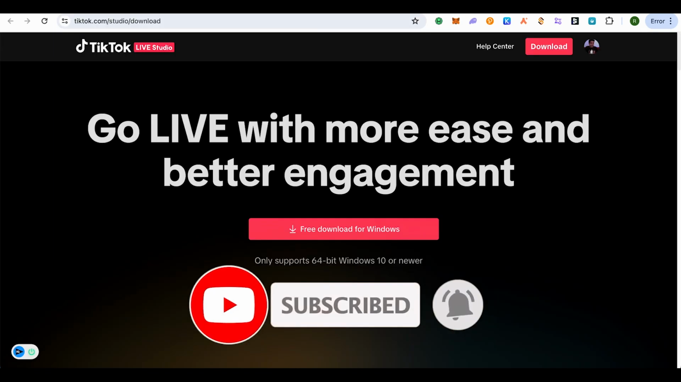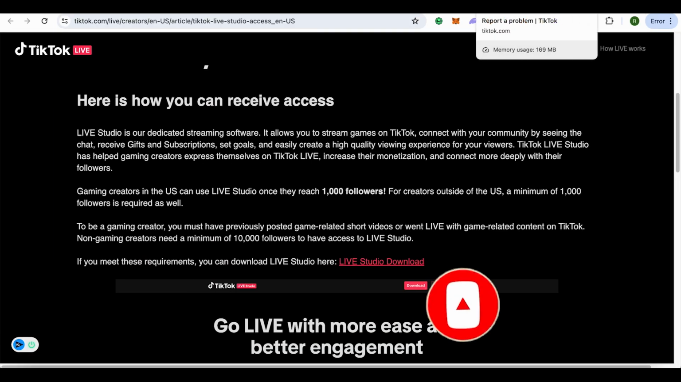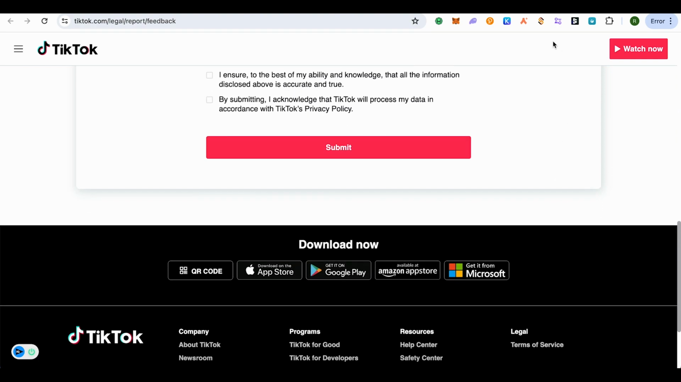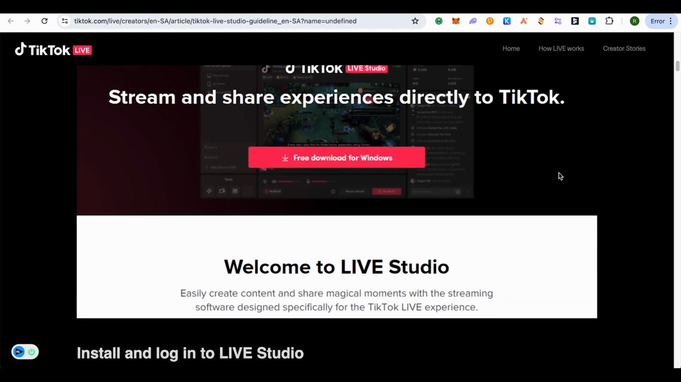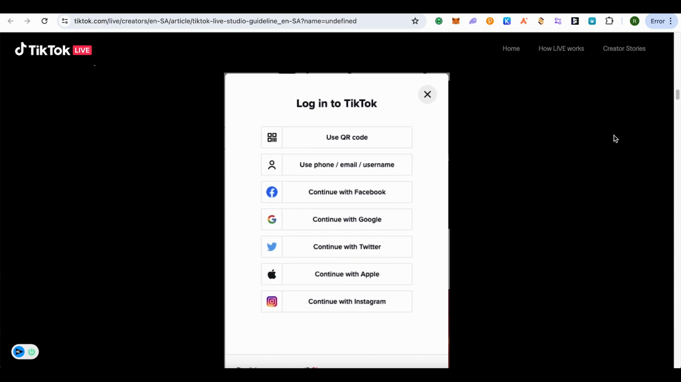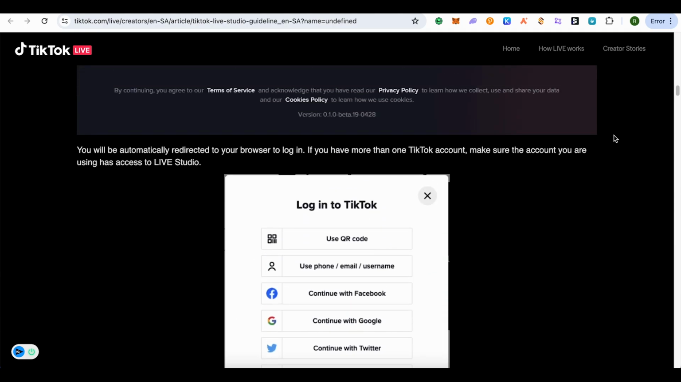Let's see how we can do it. For this, you would require at least 10,000 followers on your Twitter account, and after that you can get the playlist option on your TikTok. But if in case you don't have the 10,000 followers and you still want to access the playlist, just simply